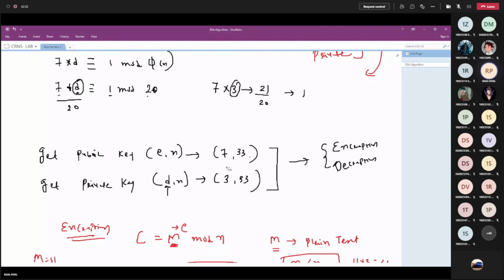How will he get the plain text? If he knows both the algorithm and the key, he can. If he only knows the key and cannot assume the algorithm, that is still a problem. How will he know the procedure, the equation? If he knows the algorithm is RSA, that this has been encrypted and decrypted with RSA and the keys are this, then obviously it will be a successful attack.